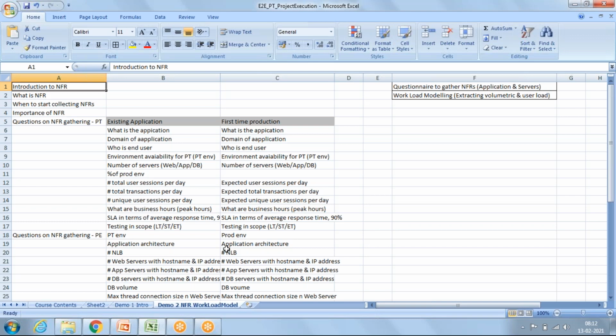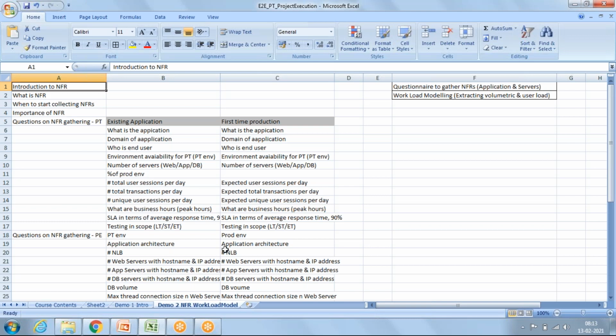Because in performance testing, that is an interview question also: what are NFRs? Why is it called NFR? The answer is that performance testing is a non-functional testing, and whatever requirement we capture to do performance testing is a non-functional requirement. Because in performance testing, we do not validate any kind of functionality. We certify the performance of the application.